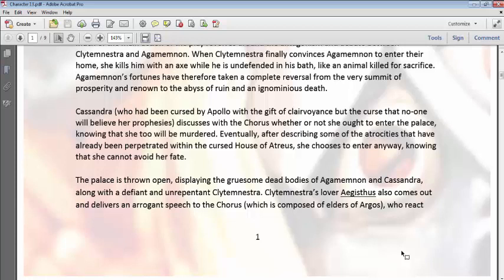Unfortunately, Cassandra knows what is going to happen to her. She knows that she is going to die, and she discusses with the chorus the fact that she's going to die, and of course the chorus are in denial